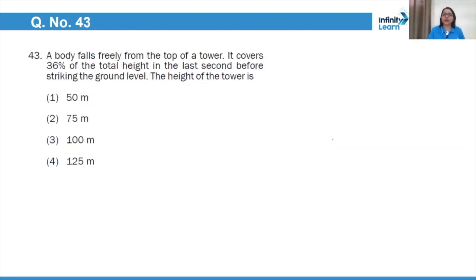Question number 43. A body falls freely from the top of a tower. It covers 36% of the total height in the last second before striking the ground level. The height of the tower is. So this is h and let's say it is covering in t time. And it covers 64% of the total height in t minus 1 time, because in last 1 second it is covering 36% of the total height. So remaining height, that is 64% of the total height, which is 0.64 h, is covered in